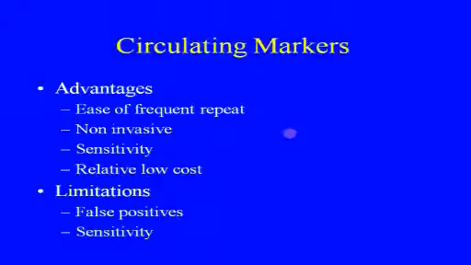So although we have some problems with circulating markers, they're one of the good range of tools that we can use for diagnosis, for monitoring disease, for monitoring treatment, and for prognosis. The advantages are we can take tests frequently, and in some patients we will be measuring their circulating markers once a month. They're comparatively non-invasive. Sensitivity can be very good, and there's a relatively low cost, much, much cheaper than scans. The limitations are that there are false positives, there are false negatives, and sensitivity, again, sometimes can be not good enough.